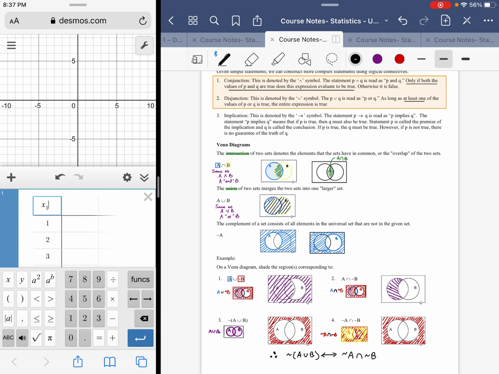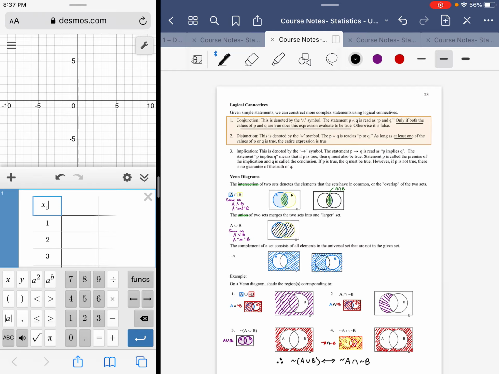It's not necessary that you know that name, but it is necessary that you start to understand that there are other ways to represent expressions logically, right? And the logic of these things is going to be a driving force